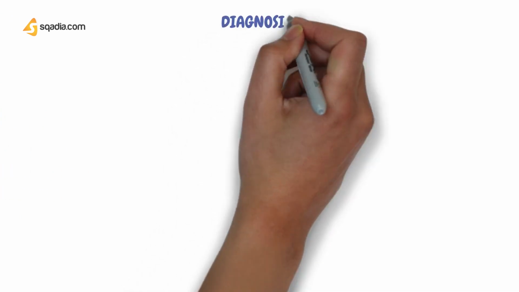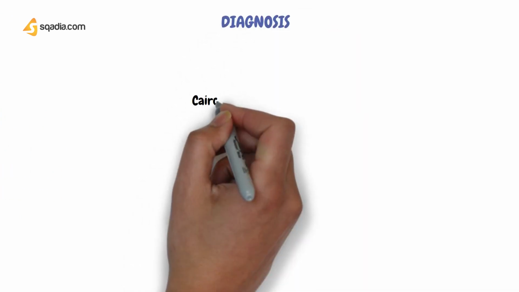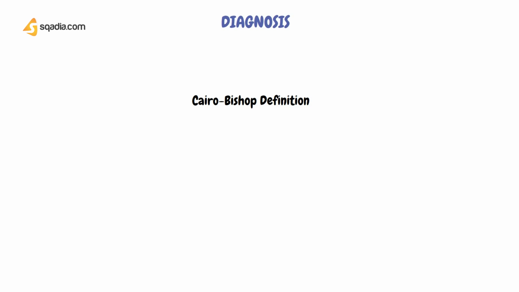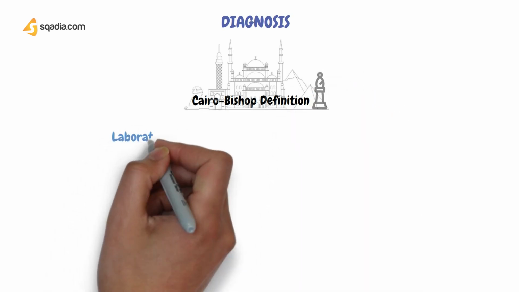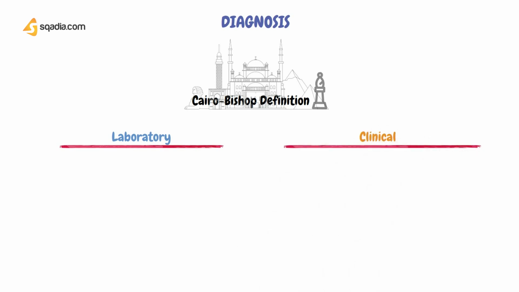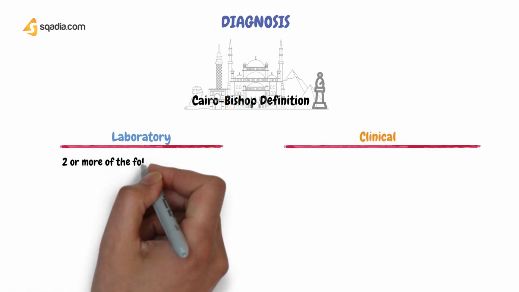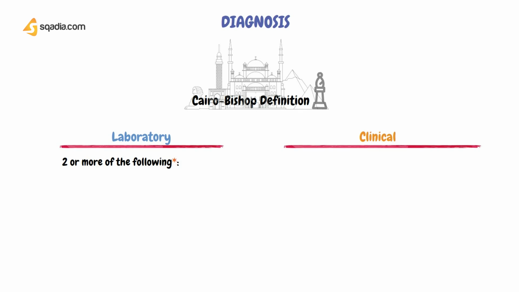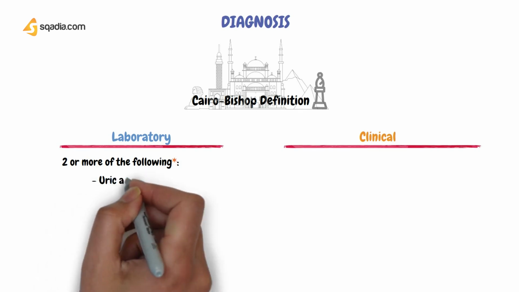To diagnose tumor lysis syndrome, the Cairo-Bishop definition is used. It divides the tumor lysis syndrome into two types: laboratory and clinical. In order to diagnose laboratory tumor lysis syndrome, two or more of the following must be detected: increased uric acid